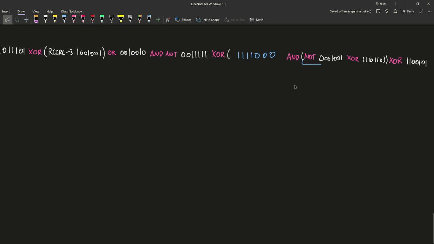So if we move on to this region here, we know that NOT takes precedence, so we will solve this one first. NOT 0001001 is 1110110. We will replace this. Okay. So if we copy and paste,